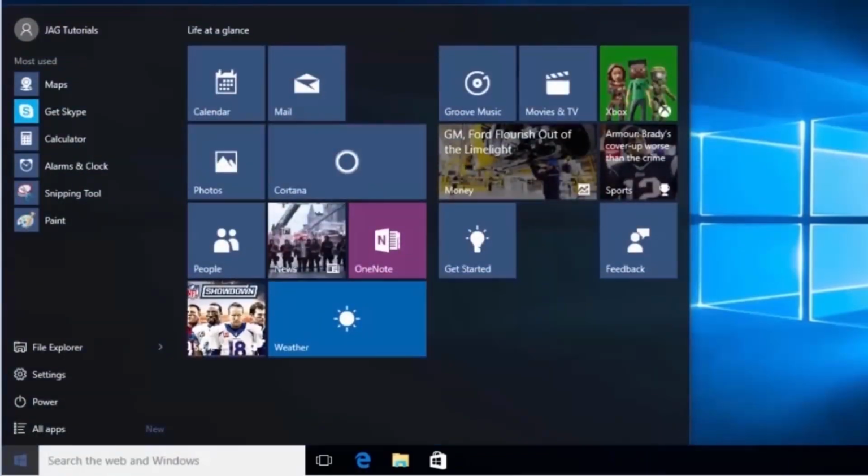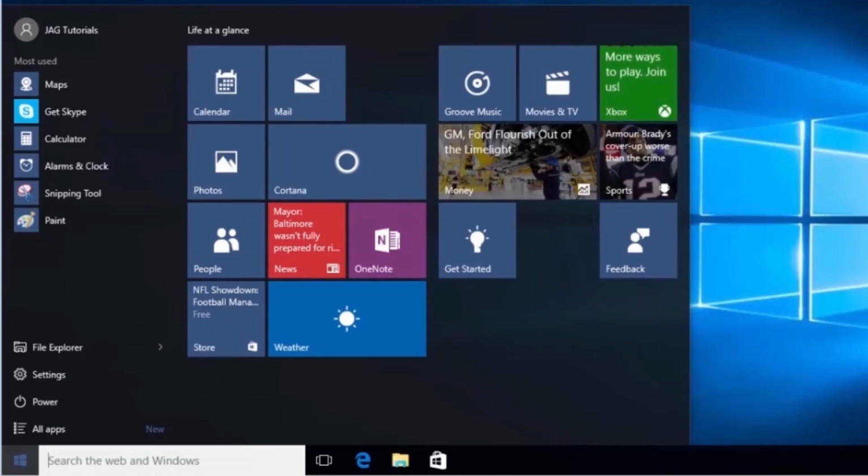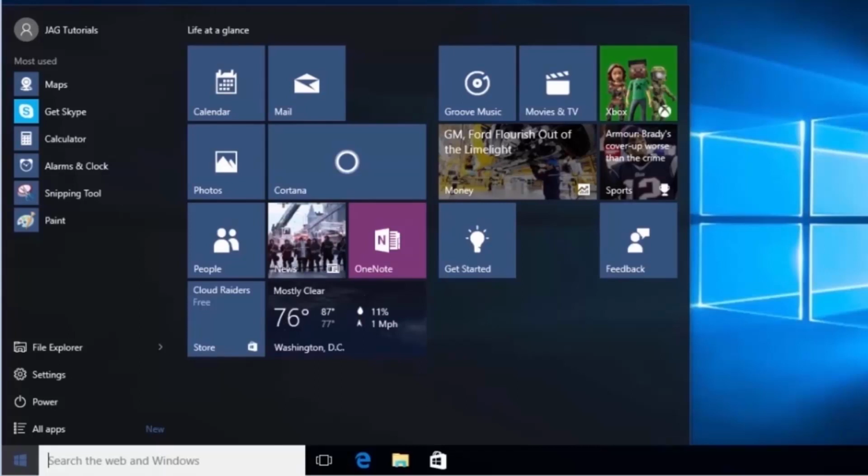The Start menu is back. The Start menu has been part of Windows from Windows 95 all the way up to Windows 7. When Windows 8 was introduced, it removed the Start menu completely. It replaced the Start menu with the Start screen. Users complained so much that Microsoft returned the Start button, but not the functionality. Microsoft has learned its lesson with Windows 10, and the Start menu is back.